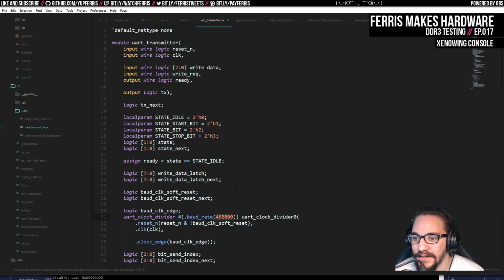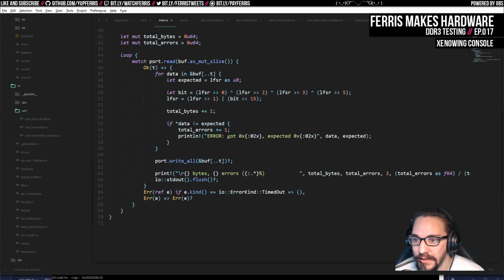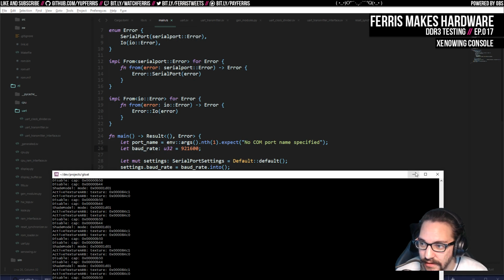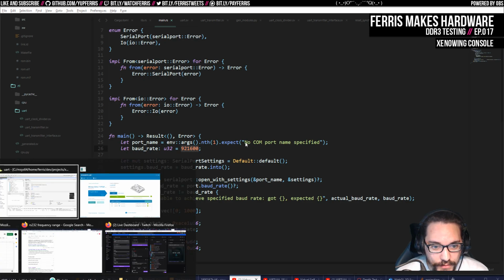So the UART transmitter, yeah, I need to change this one. And then in main here for the test. Is this the right main, by the way? Yes, it is. We'll change it there too. This will also have to be adjusted in the memory test, but we'll deal with that then. So I think that's it. We've set the transmitter, the receiver, and